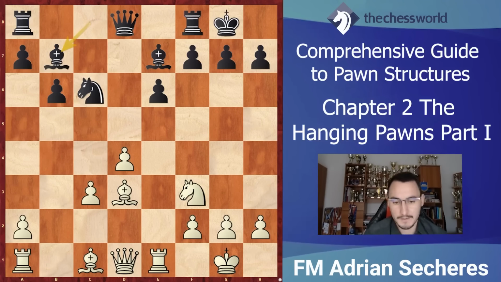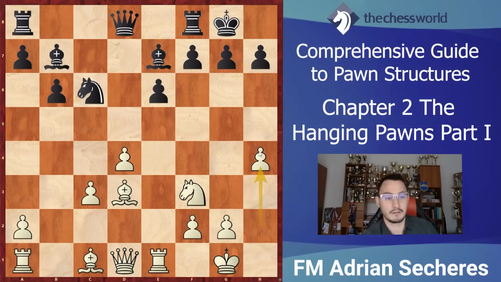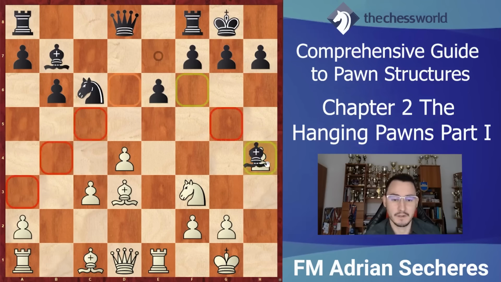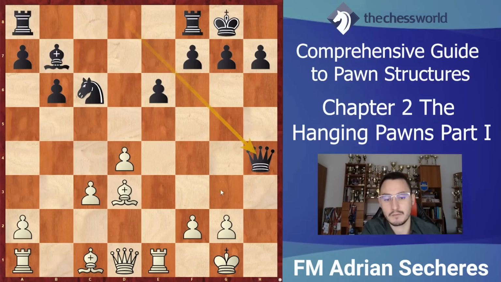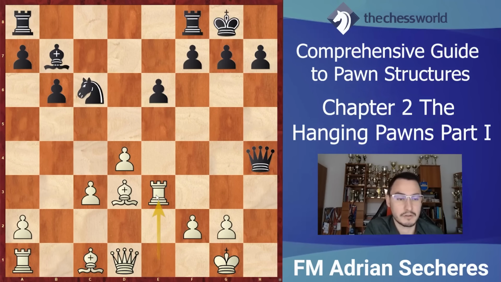And at this point we will see another typical idea that I mentioned at the beginning, and the idea that white chose in the game is the h2 h4 push. Apparently this pawn is not defended well, and black has the option of taking it, but this would be a mistake, because after knight takes h4, queen takes h4, rook e3, white will have a very strong pressure on the